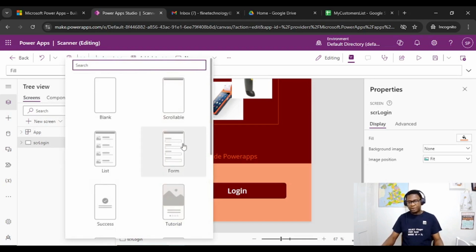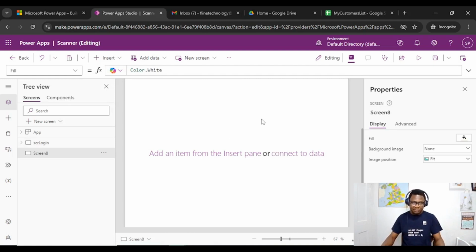Let's create a form. You could decide to use the form control, where Powerapps is going to create the form for you. It's going to create the front end for you and connect it to the database, but I do not really use it. It's quite fast, quite simple, quite straightforward. If you checked my previous video, you will find an example there where we made use of forms. But in practical life, I do not like using forms because of certain limitations, which we may discuss later. So let's create a blank form,